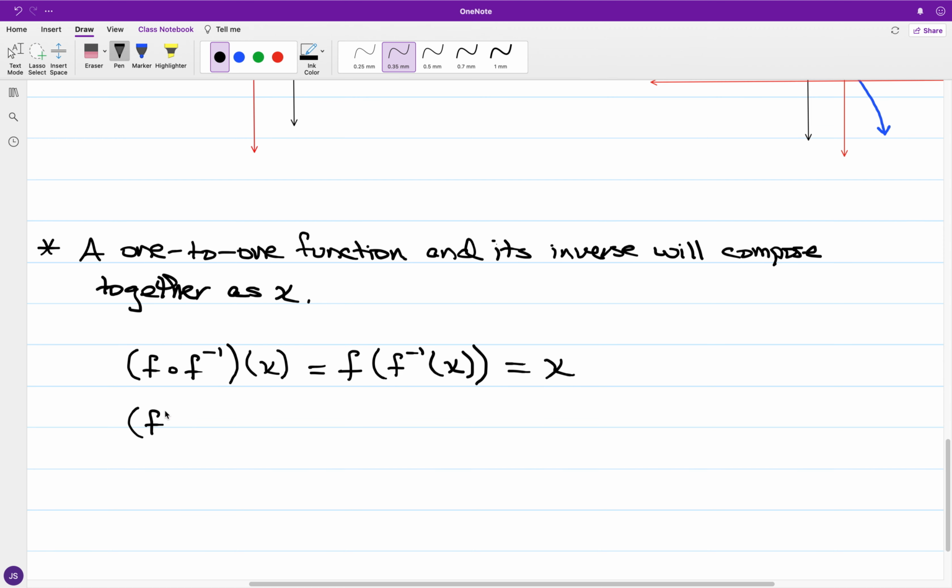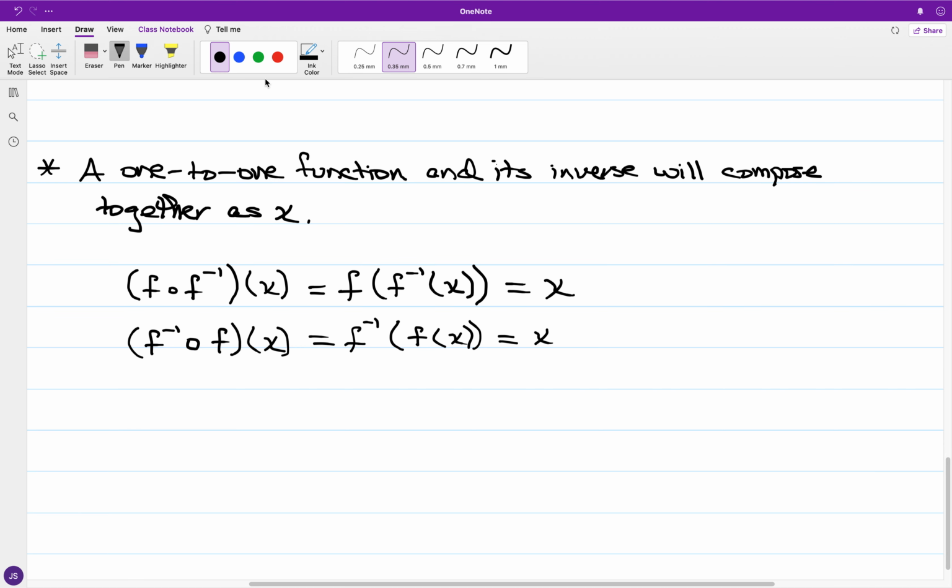And if I do the reverse order, so I have the inverse composed with f of x, that'll be the inverse of f of x. And this will be equal to x. And a way of kind of phrasing this,